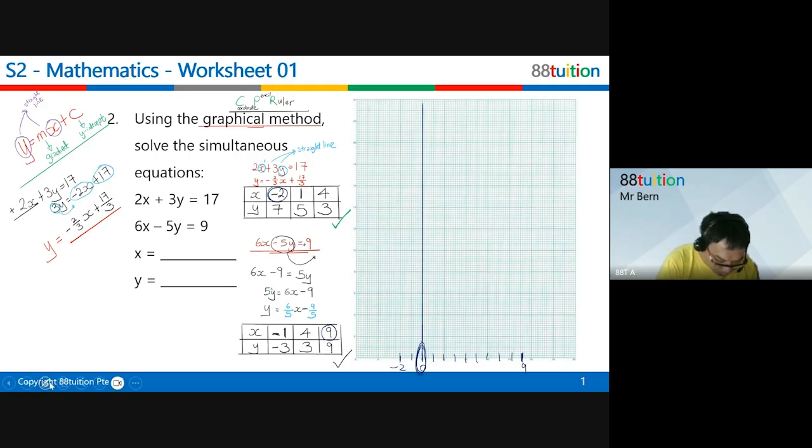Okay, now let's look at the y. My smallest number is minus 3. My biggest number is 9. Oh my goodness. All right. So if I